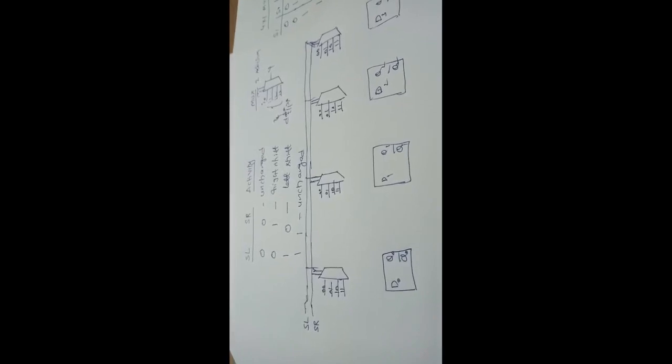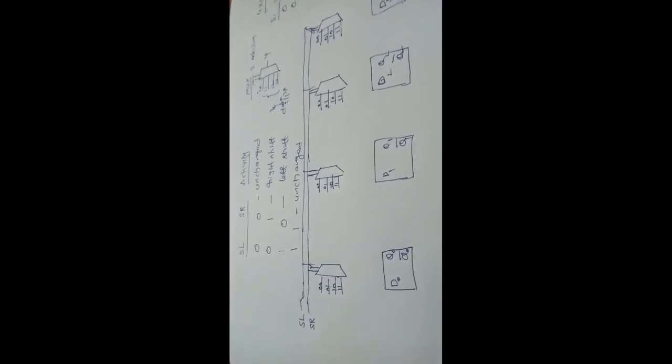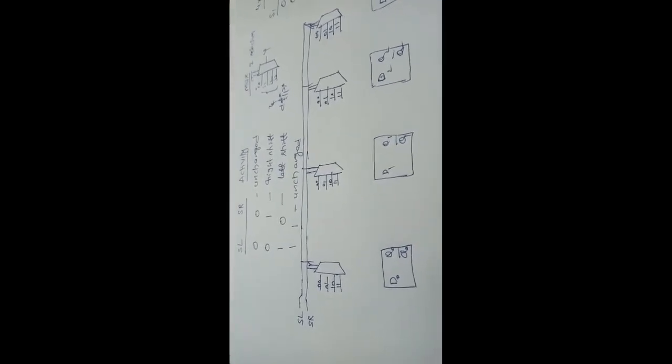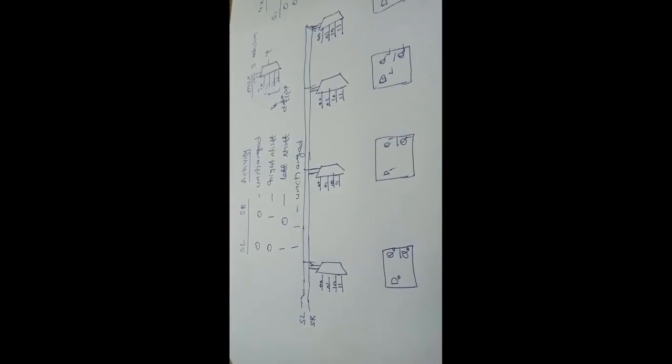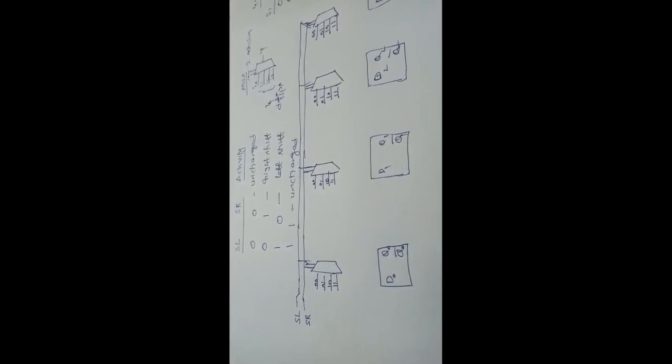Now, if SL is equal to 0 and SR is equal to 0, and if SL is equal to 1 and SR is equal to 1, the data in the register should be unchanged. If SL is equal to 0 and SR is equal to 1, it has to be right shift, and if SL is equal to 1 and SR is equal to 0, data has to be left shifted. Let us see if it is as per our tabular column. If the inputs SL and SR are 0 0, the data should be unchanged. If 0 1, the data should be right shifted. If 1 0, the data should be left shifted, and 1 1, the data remains unchanged.